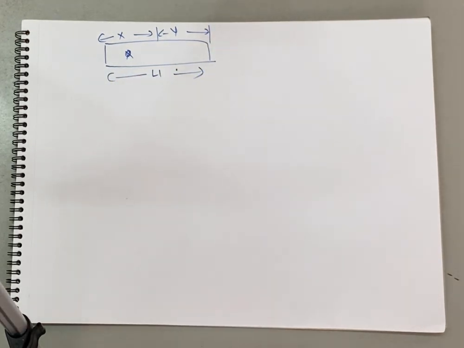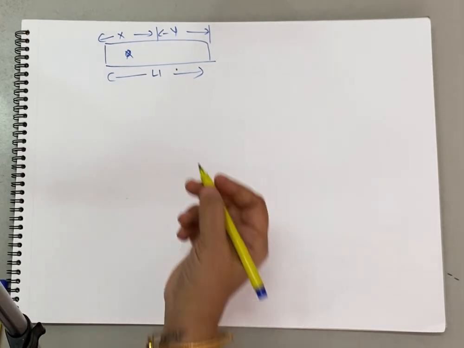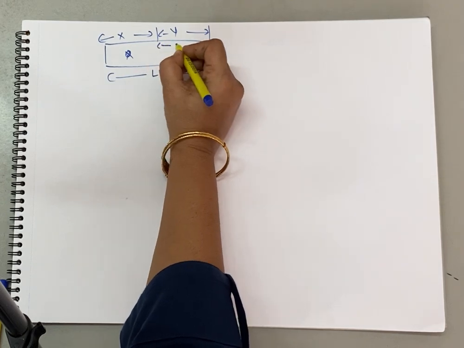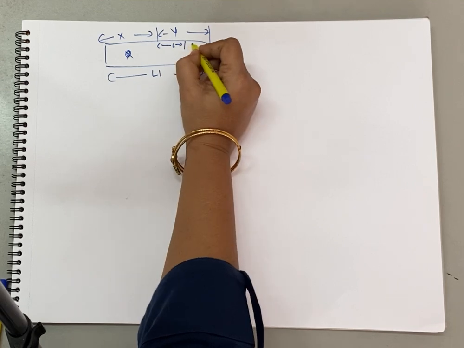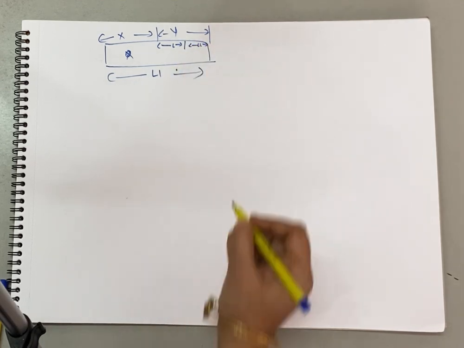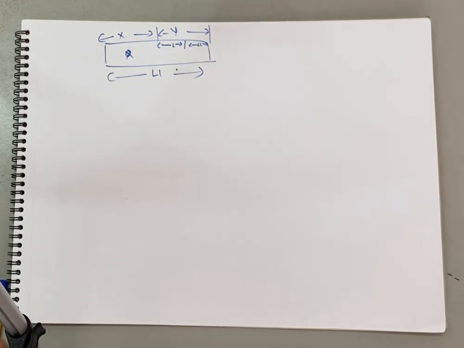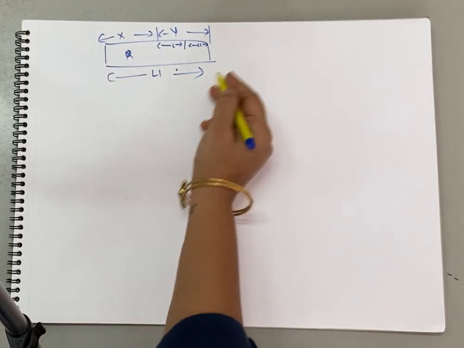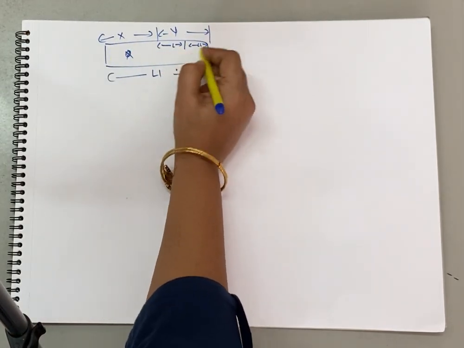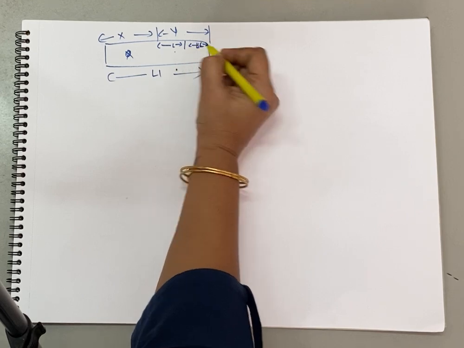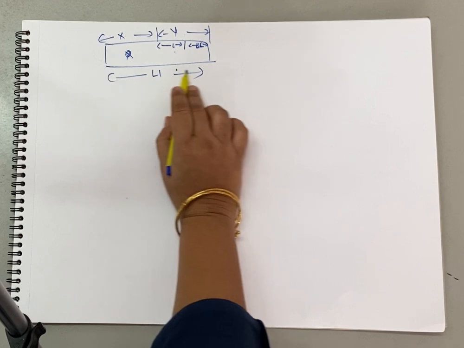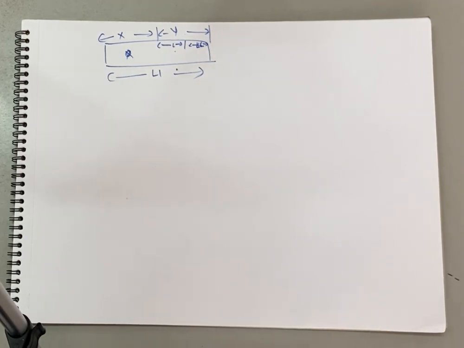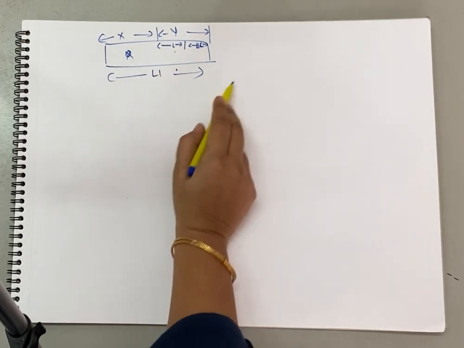Now let us observe that Y itself is subdivided into two parts. The first part I will call L, and the second part I will call LL. Are you getting this? So you can see a list like it is part of X and Y, and that Y is subdivided into L and LL. Now if I ask you whether L is a sublist of L1, what will be your answer? Yes, because L is there inside L1.